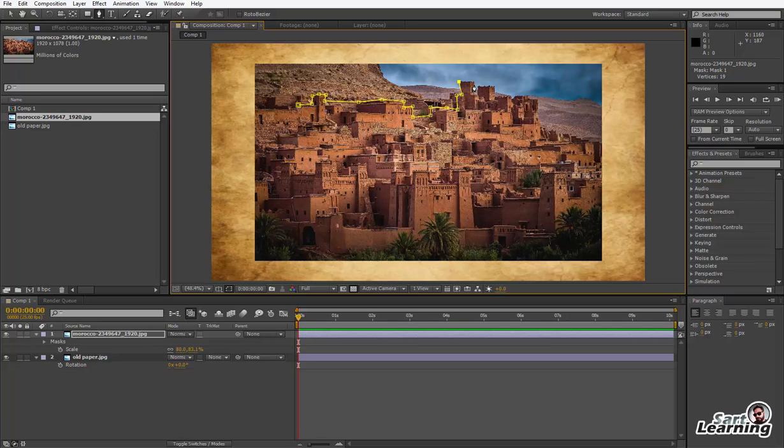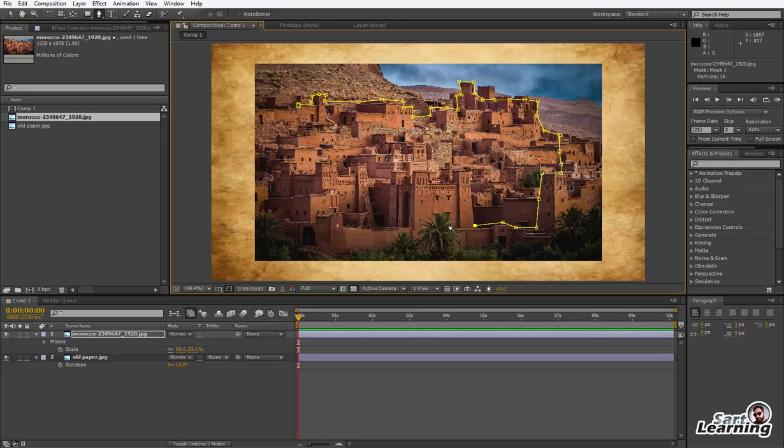So I am just drawing a path with straight lines, very roughly. You can adjust this path after creating it also.